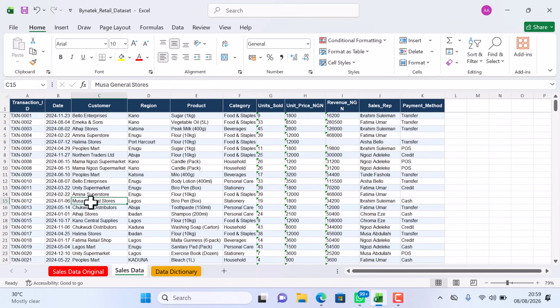Maybe he came in the morning and bought goods and realized that he still needs some more, so he went back to the shop and bought goods again. So this is not a single transaction. These are multiple transactions. So the customer's name cannot be a determining factor as to whether a particular record is duplicated or not. Before you check for duplicates on Excel, you'd have to tell Excel what column you are considering as what will determine if a record is duplicated or not. In a typical sales record, the sales ID or the transaction ID will be the determining factor because each transaction,